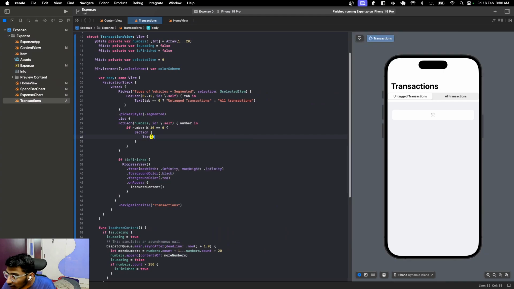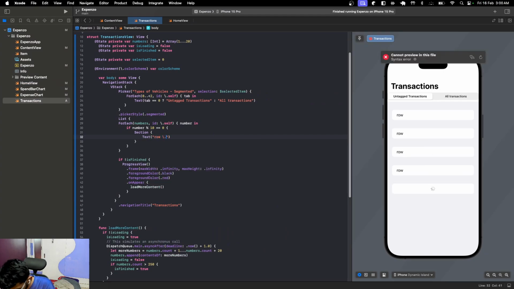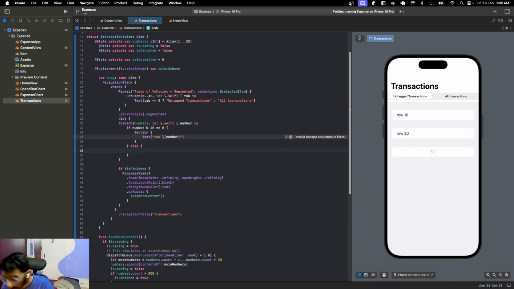With text in it, which would basically be row backslash dot number. Else just do